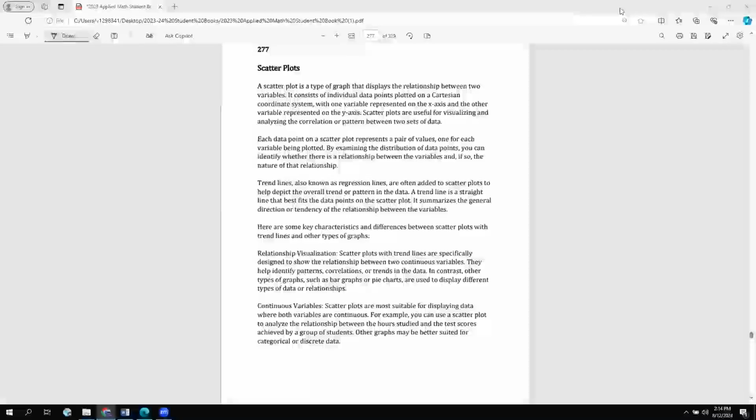Scatter plots are the next and final graph to talk about. So when we talk about scatter plots, what makes a scatter plot special? What makes a scatter plot special is that a scatter plot can show